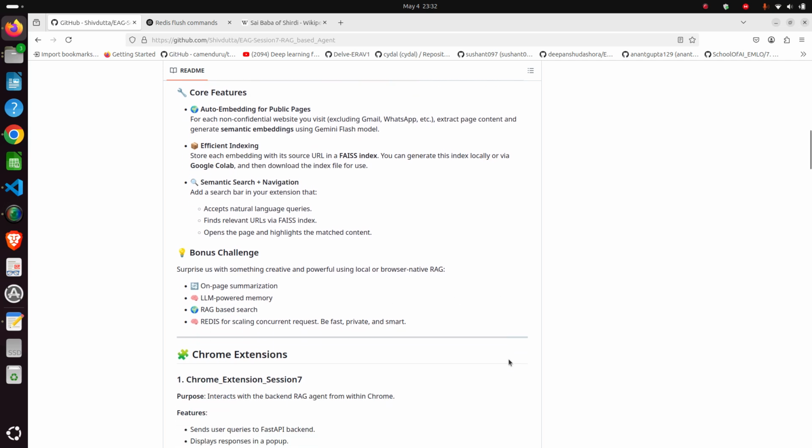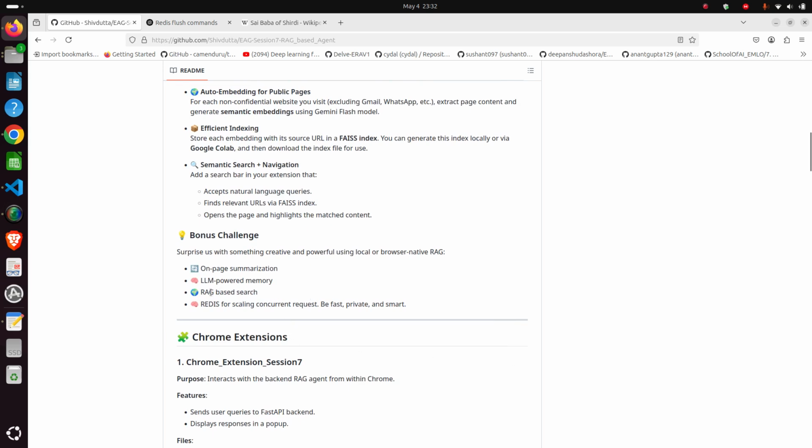Now, apart from that, there are some additional points that we have done. This search is RAG based search, and secondly, on the search side we have made use of RAG, retrieval augmented generation, and then we have also taken the help of Redis caching, the Redis server, for handling the